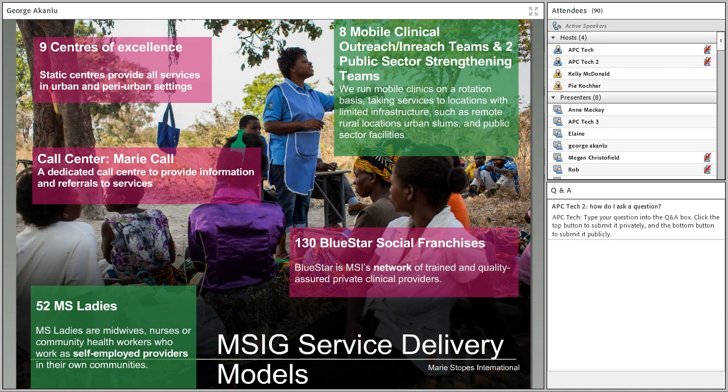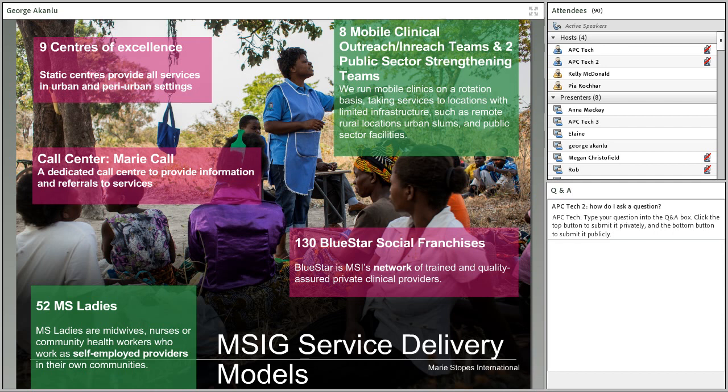We have the mobile team. We have 8 mobile clinical outreach and in-reach teams, and then 2 public sector strengthening teams. The outreach teams focus mainly on rural and hard-to-reach areas, taking voluntary family planning services to the doorsteps of our clients. The in-reach teams focus mainly on certain target groups or urban slums where access to voluntary family planning services